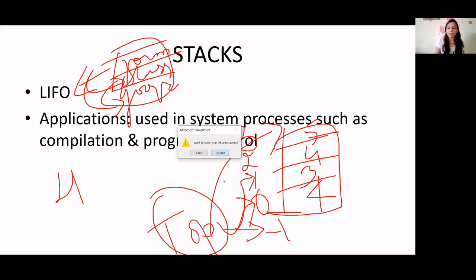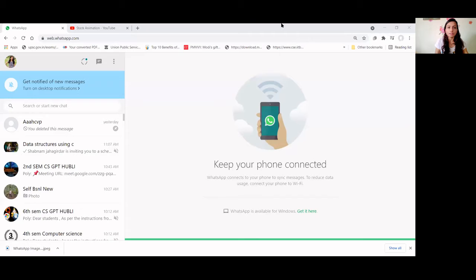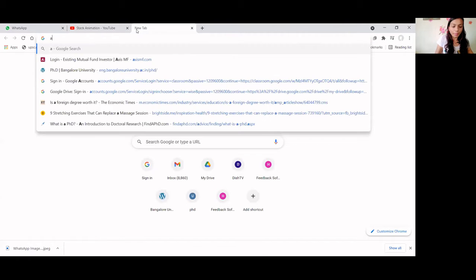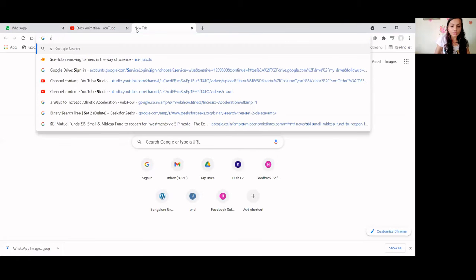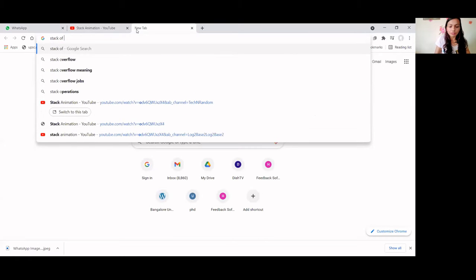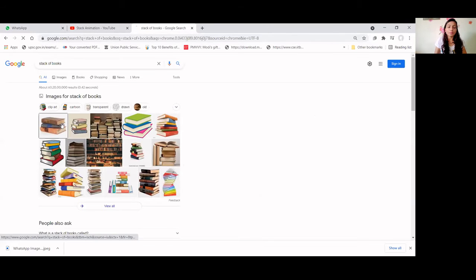For example, if I consider a stack of books like this. How are the stack of books kept?